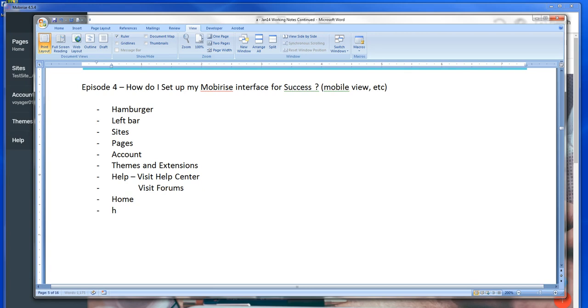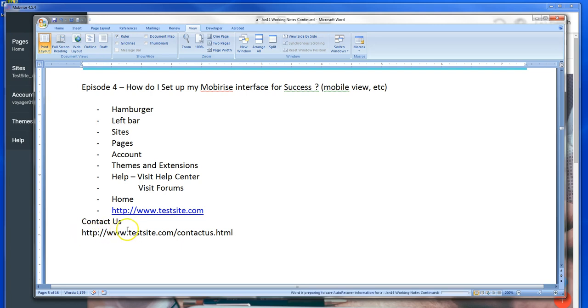I'm going to put in HTTP, and then I'm going to put in www.testsite.com. And that's my home page. And then I made a contact page. So for contact us, I can put HTTP www.testsite.com/contactus.html. Now what this allows me to do is, some people who use Mobirise complain that when